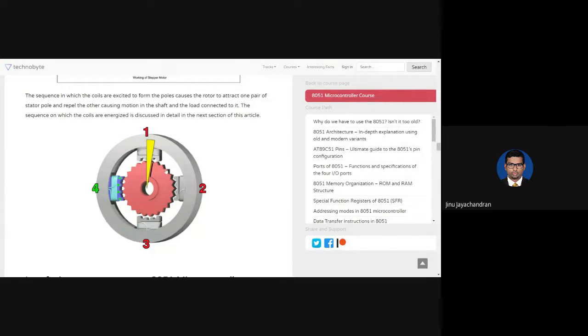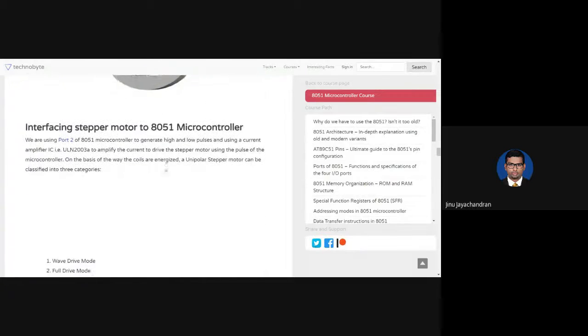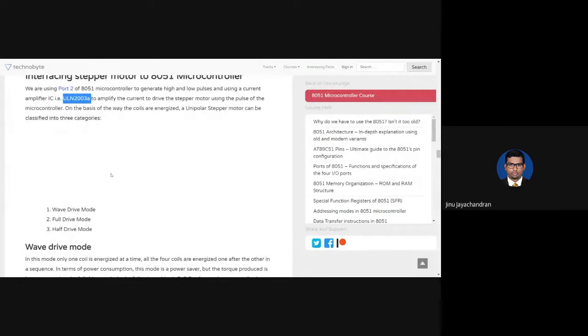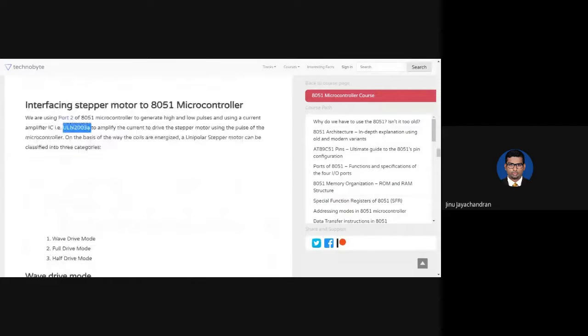To avoid this, what we'll do is put a special type of IC called ULN2003. Now, this IC will make sure that your stepper motor is driven by the controller, and also it is getting enough current to drive. Okay. So I'll just show you the datasheet of this IC. So this is the IC datasheet. So you see that